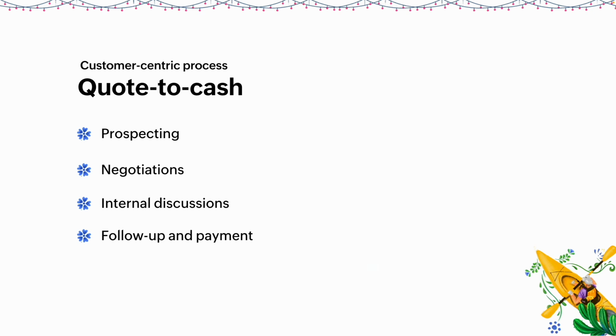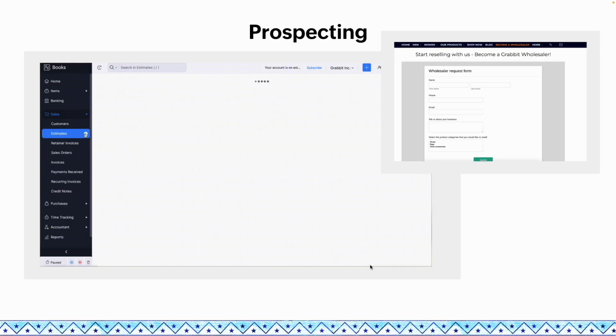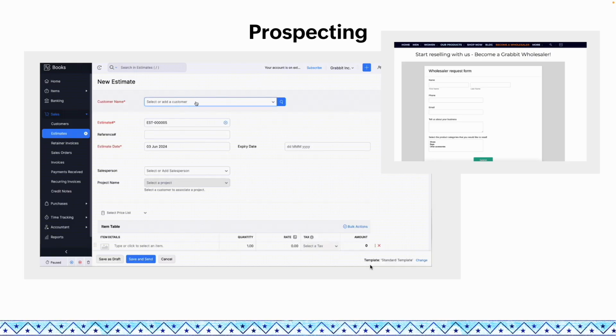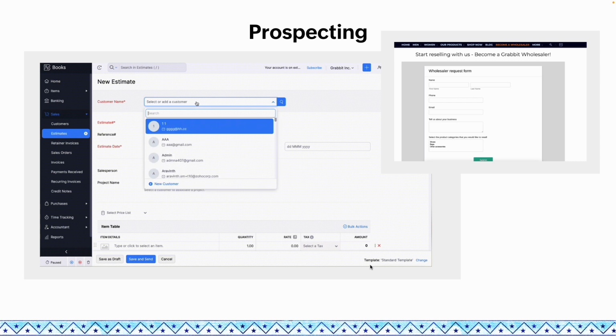So, from the sales team reaching out to a prospect up to making them make the purchase, let's see how this happens using the different products that we have in Zoho Finance and the integrations that we have. So, prospecting. Generally, how does the customer reach out to us? Maybe they come to our website, fill in a form, and then the salesperson comes in and